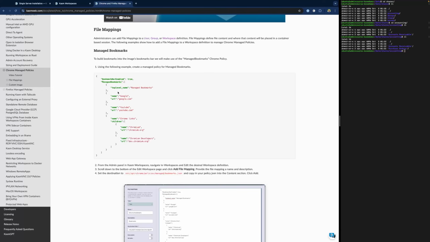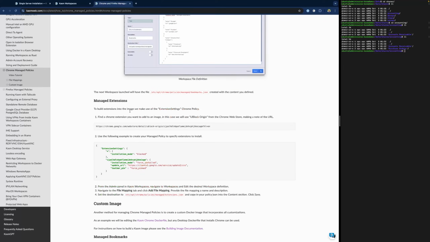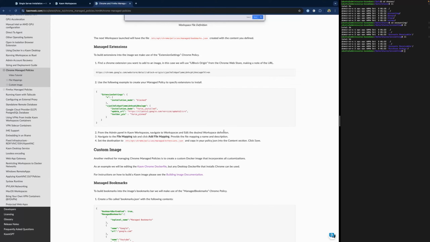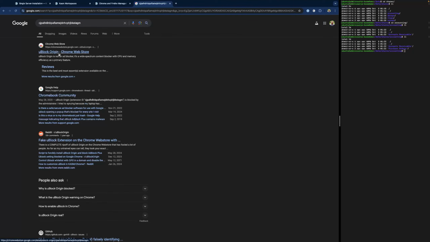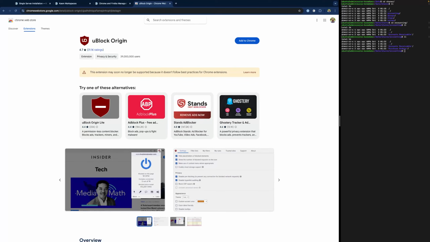Again, I'm going to go back to the documentation here. For managed extensions, we give an example. Looking at this example, you can't really determine what thing I'm adding. You will see this string of text here. This is the key to identifying what this is. So I'm going to click that, copy it to the clipboard, and search for that. And in the Chrome Web Store is the uBlock Origin extension. That string is how you get the extension that you want to add.